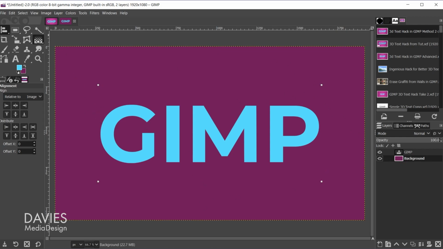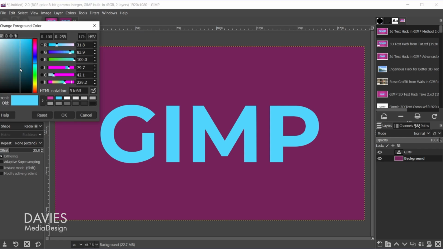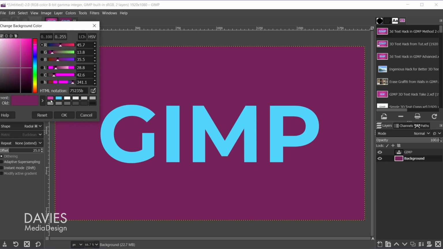So I'll grab my gradient tool here. The shortcut key for this is the G key. I'll change my foreground color to this color here, the pinkish purple color. So once again, you can copy my HTML notation. And then I've already got my background color set to this darker color. So all I did for this was I used the original pink color, come over here to HSV and just crank down the value here until you get pretty much this color,